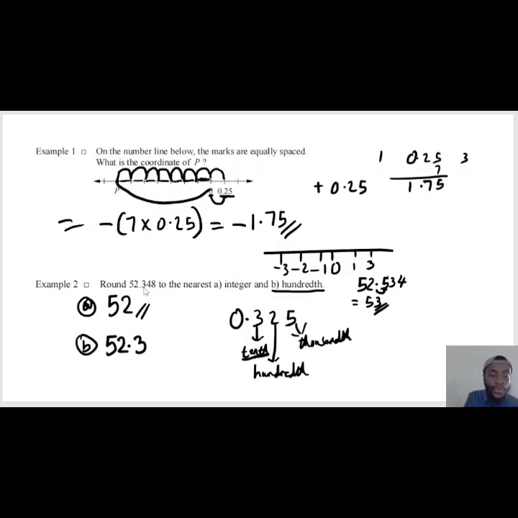52.3. Will I put 4 there? I would have written 4, but because the next number after 4 is greater than 4, it's rounded up. So I'll change it to 1 and add it to 4. It becomes 3, 5. So this is the answer: 52.35. So moving on. If the question was to the nearest tenth now, the answer would have been